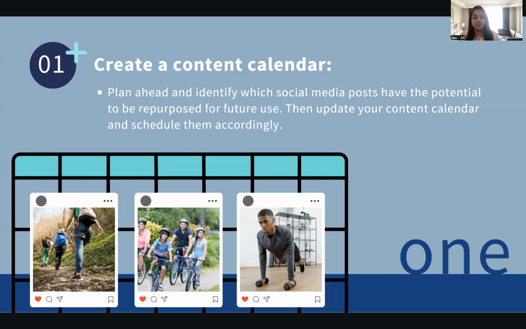Otherwise you're like, oh, tomorrow I need to put content up. Okay, let me just quickly put this through, right? And that's one of the challenges, where you're not really speaking the right language to the right audience. So look at your content calendar, even if you have been in the social media world only the last 6 months or the last year, go back to your content and see what worked, and which ones you can repurpose. Your regular school activities, I am sure you can repurpose. But there are a few things you need to do when you're repurposing, and I will talk about that as well. So that's the first tip.